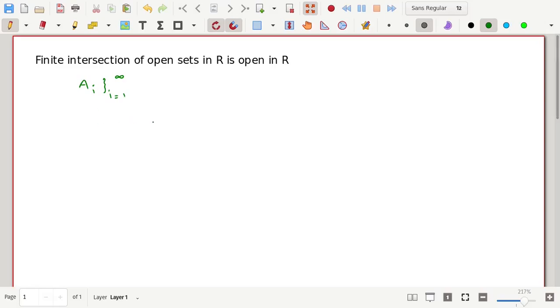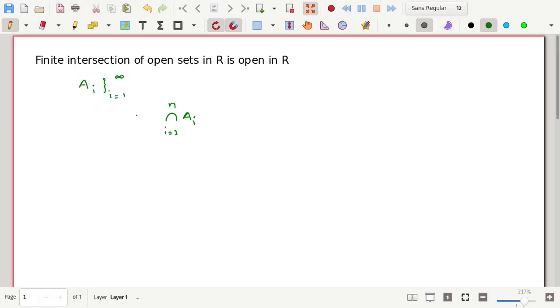And now we're going to prove that their finite intersection, let's suppose the intersection of all these open sets A_i, and since this is the finite intersection, here i runs from, let's say, 1 to n. So now this is the finite intersection of the open sets A_i, where each A_i is open in R.